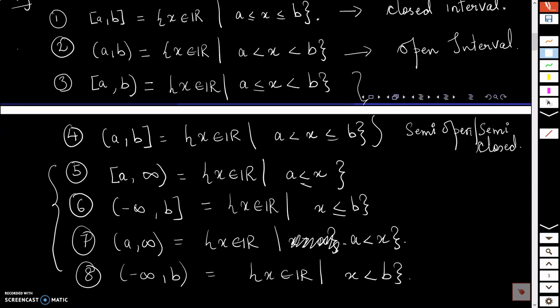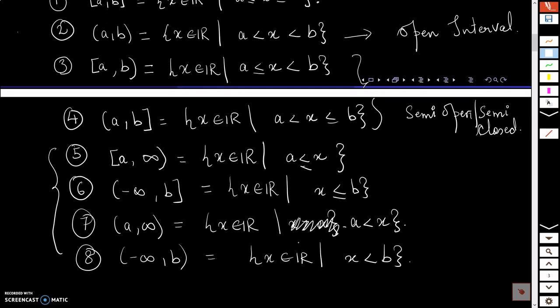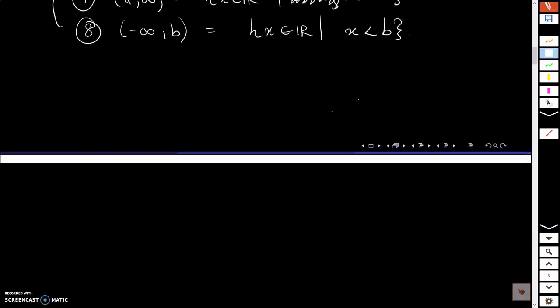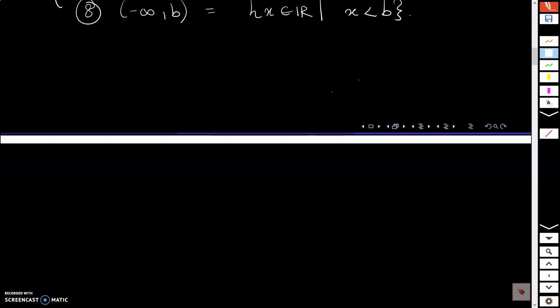Next I'll pick up any one of them at random. Let's say the third kind of interval, and I'll call it J. Let's do a small example. So let J be the interval, let's say open at a and closed at b. I'll do it for one. You can try this for the rest. So let J be this interval, open at a and closed at b, and I'll pick up 2 points in J. So let x comma y belong to J,